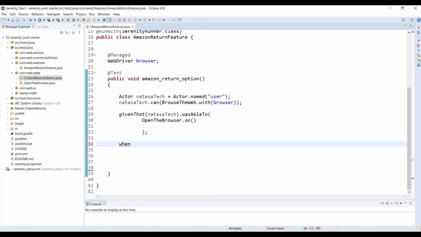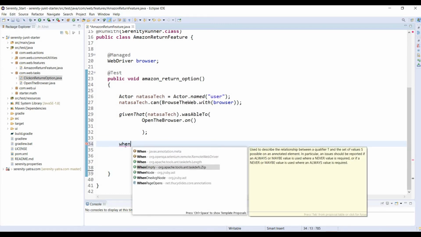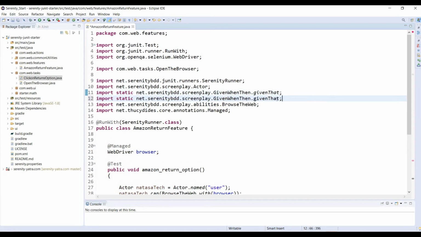After typing one keyword, press control space. Here I didn't find the right package for this when keyword. So in that case what do I have to do? Go up. We already imported the given that package, right? You just copy, paste it.